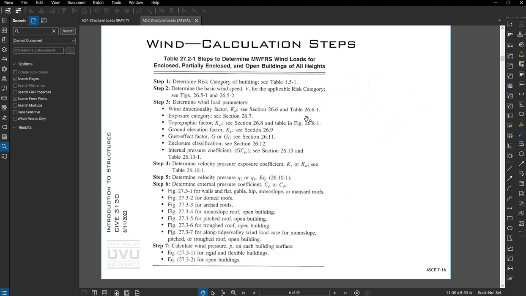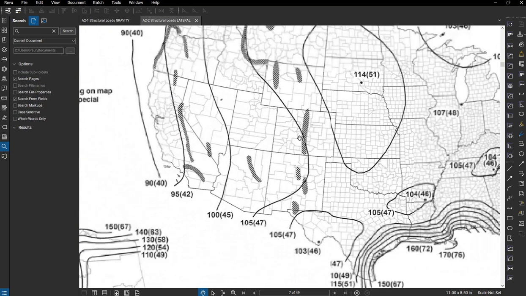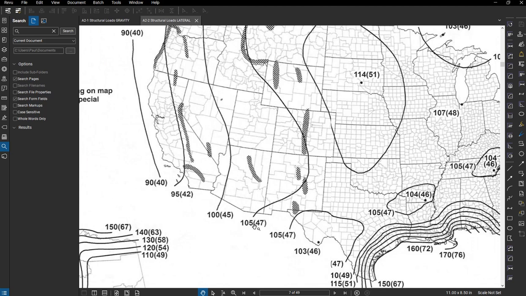To calc wind, ASCE 7 gives us all of these fun steps. So first we're going to go to the map and determine the wind speed. So this is the wind for category 2. You'll see Utah is between 100 and 105. I just use 105 because I don't want to interpolate, or I can come here to